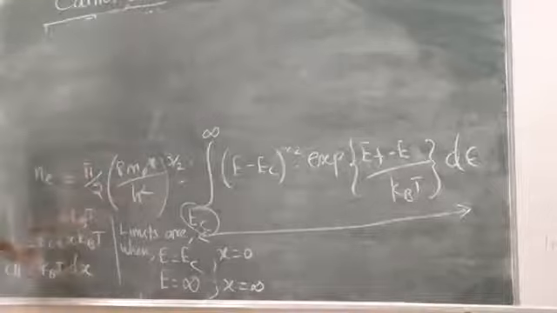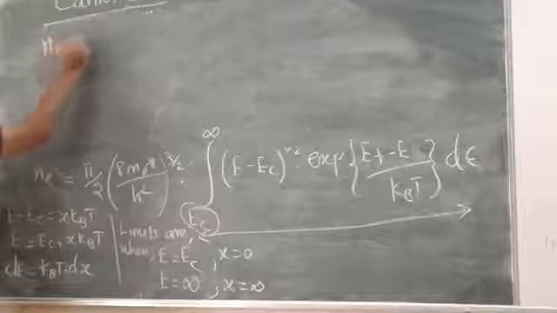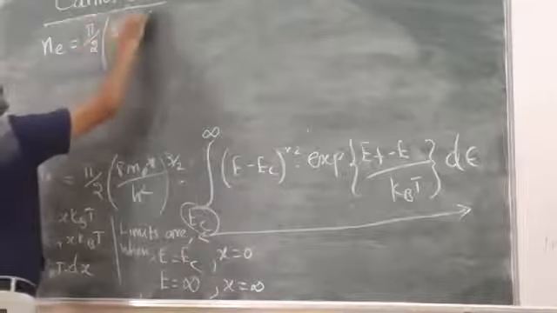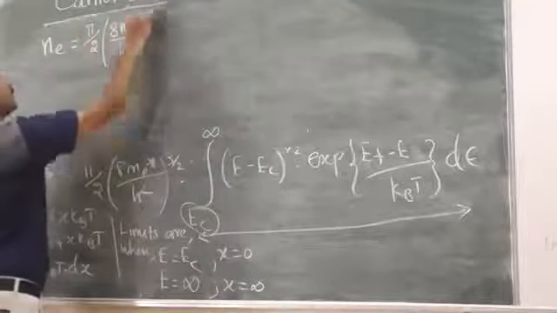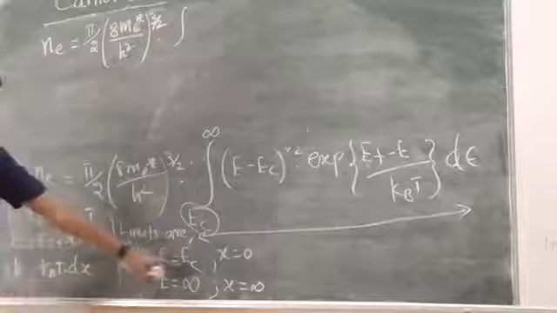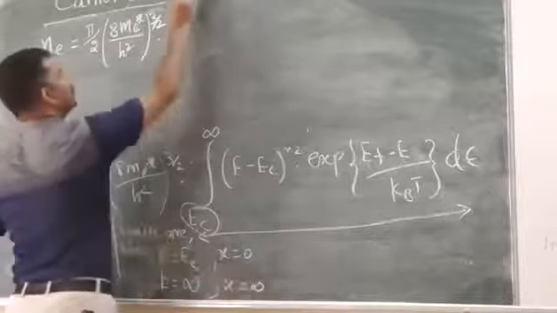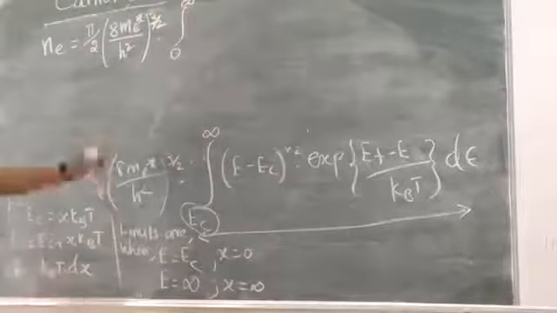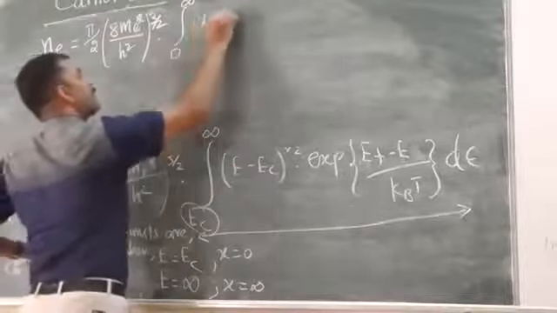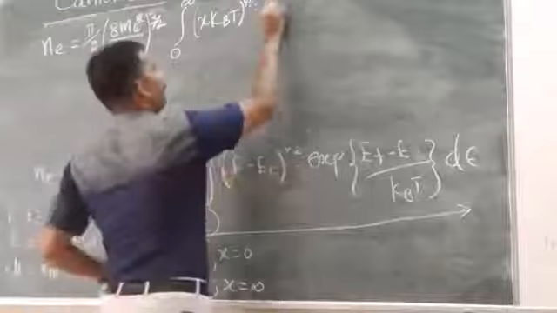Right. I'm going to substitute all these values in the above equation. So the number of electrons in the conduction band Ne equals pi by 2 into (8 me star by h squared) whole power 3 by 2, integral. So instead of Ec you have to substitute 0, and instead of infinity you substitute infinity, 0 to infinity. So instead of E minus Ec, you have to substitute x kBT whole power half. Right. Next, exponential of